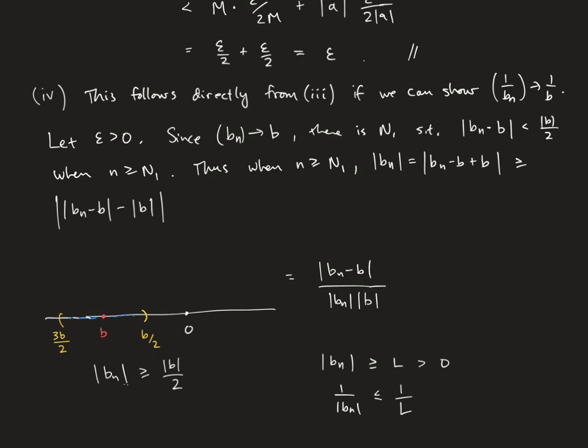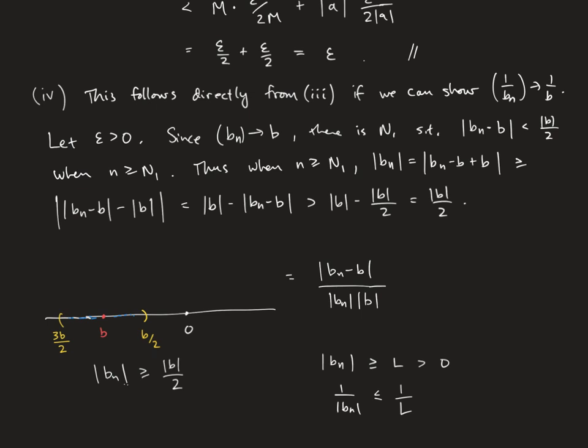But in fact, the absolute value of bn minus b is less than the absolute value of b over 2, right? So this is clearly the smaller one. So this is in fact the absolute value of b minus the absolute value of bn minus b. And since this is less than the absolute value of b over 2 when you subtract, that's going to be greater than, right? So you replace that with the absolute value of b over 2. Okay, so that tells us that our bn's do indeed have a lower bound when we're far enough out in the sequence.